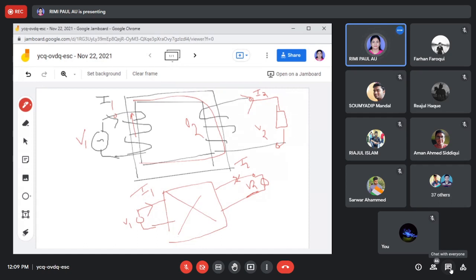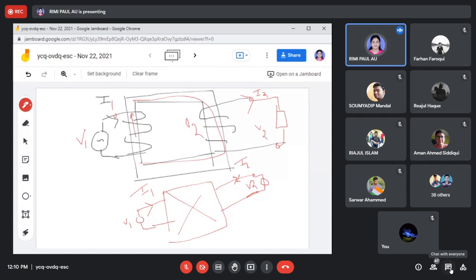We are assuming that we don't know, and if this information is available, what is the input voltage, input current, output voltage, output current, then we can find out impedance, admittance, and different types of parameters, like hybrid parameter, inverse hybrid parameter, transmission line parameter, that means impedance parameter, admittance parameter, and